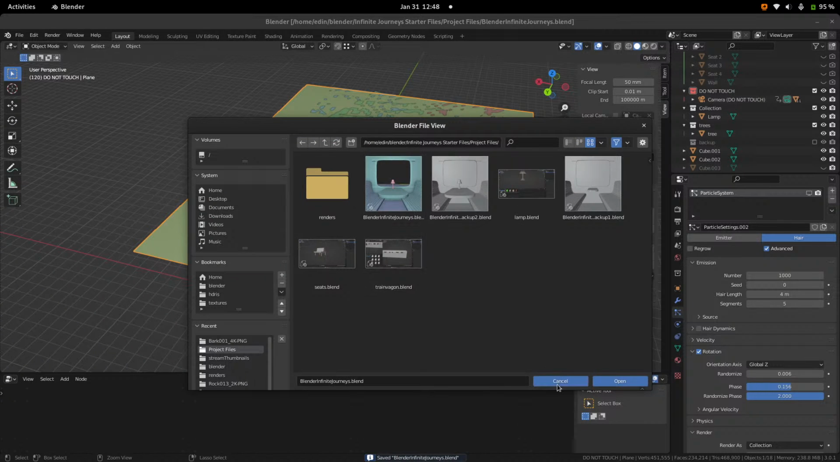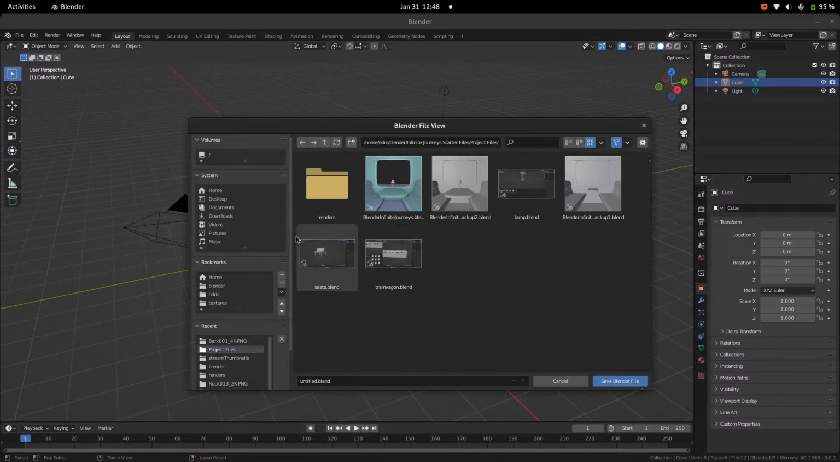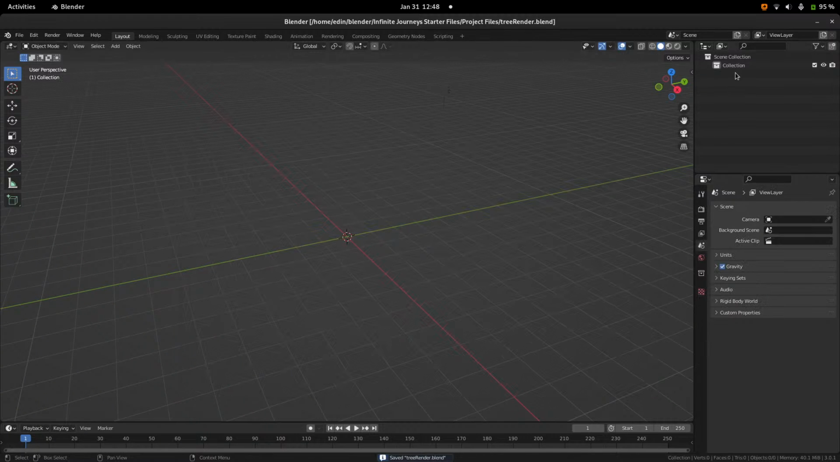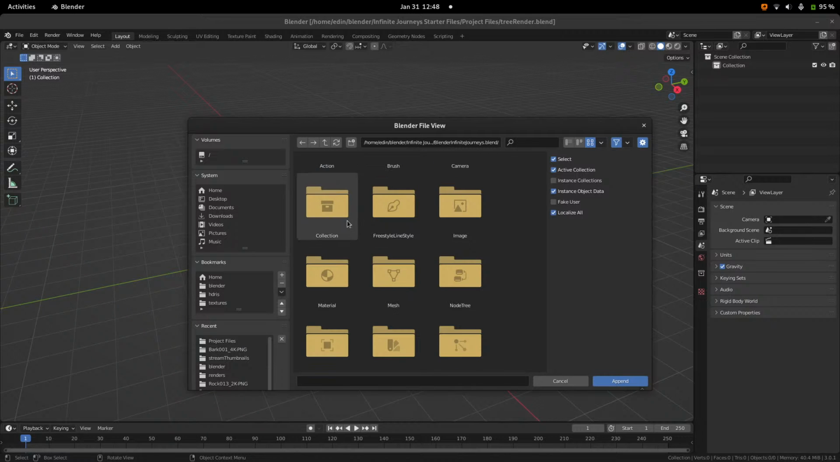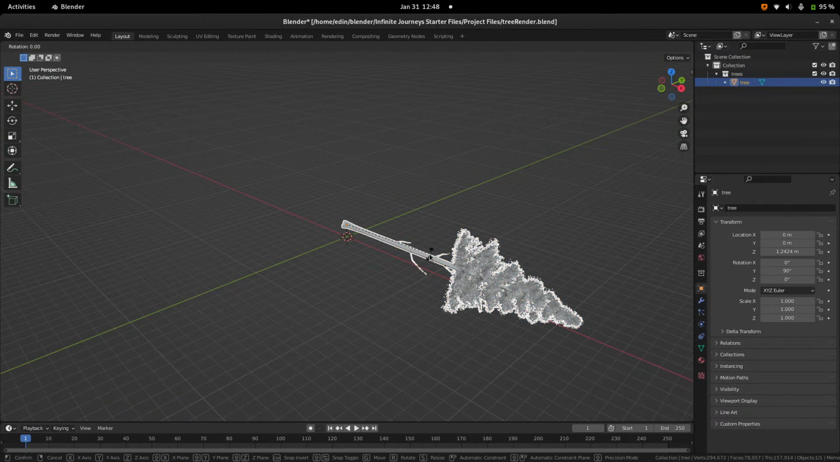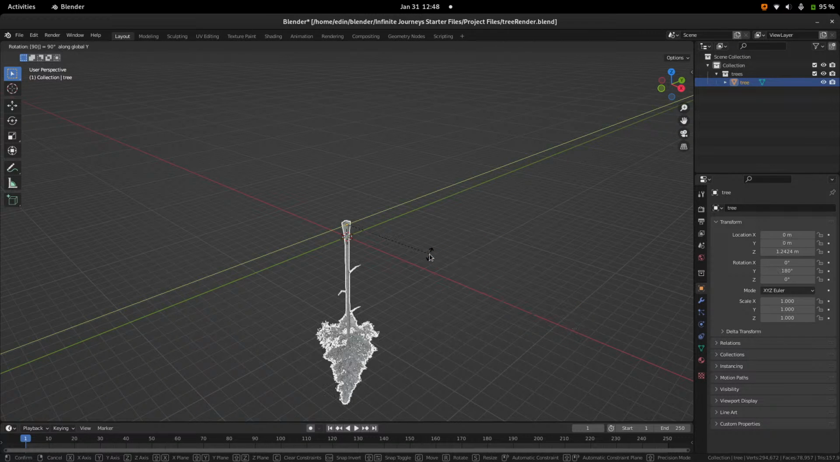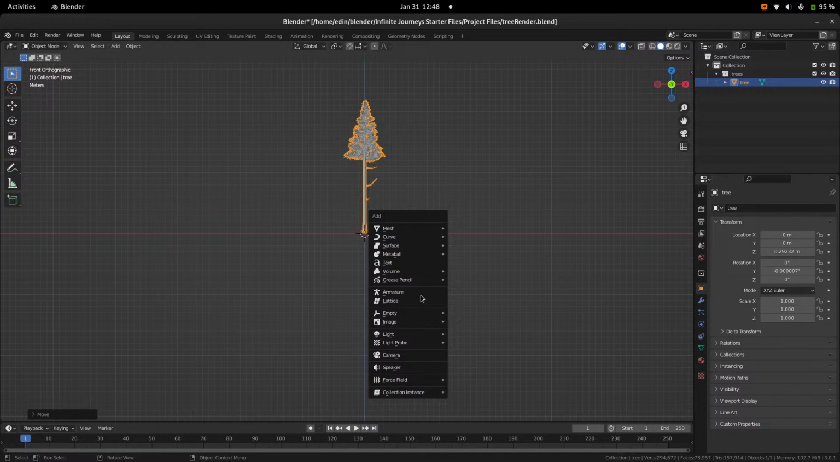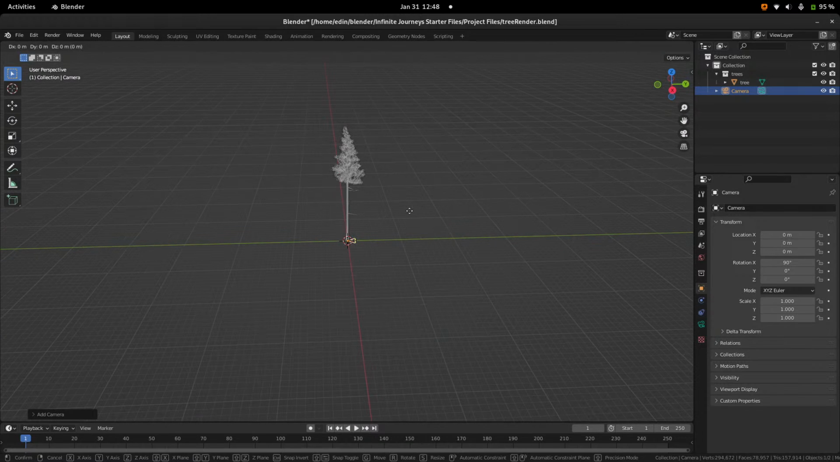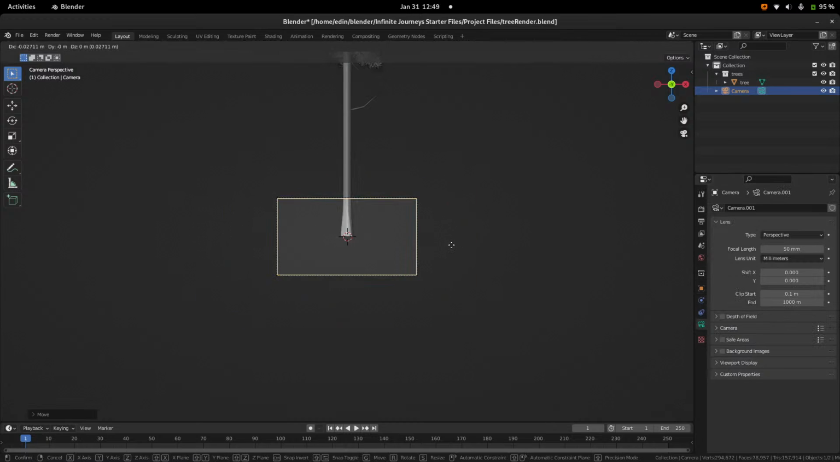So I'm going to create a new file for this, save it as tree render, and append the tree into here, collection trees, like this, and then rotate it on the y-axis by minus 90 degrees, so it stands up, move it down, add in a camera like this, move it back, switch into camera view,